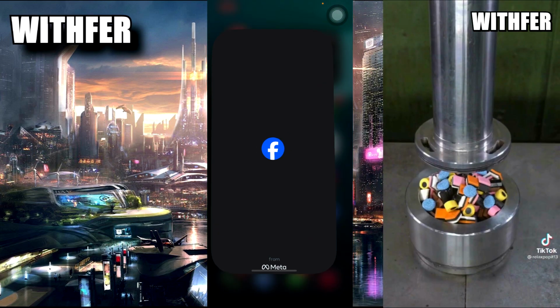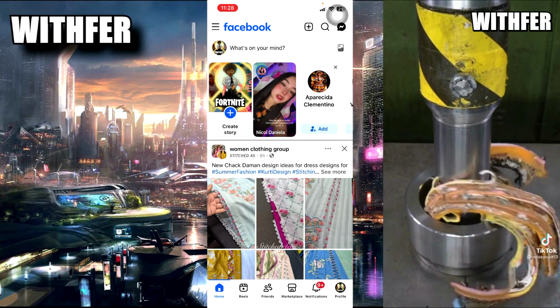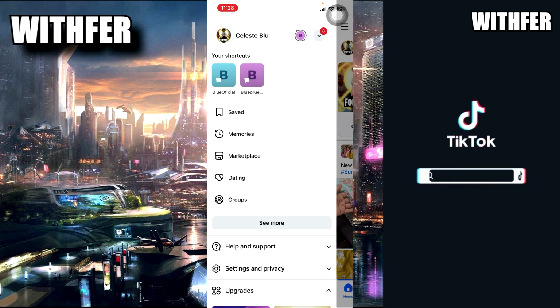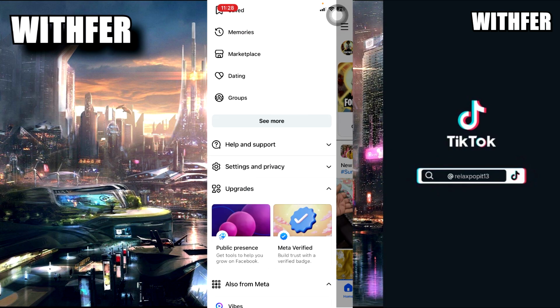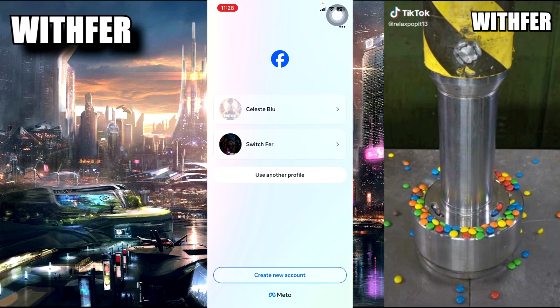Open your Facebook, okay? In your account. Now, when you are here in the corner, can you see three lines? Those here. Remember to update your app first. Scroll down and log out, okay? But that is not all, okay?